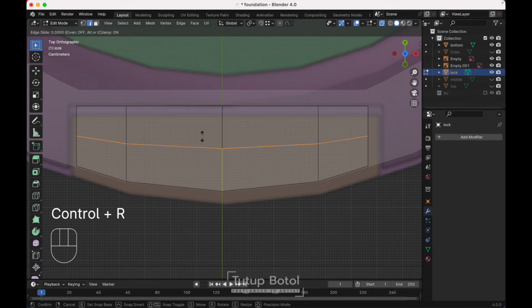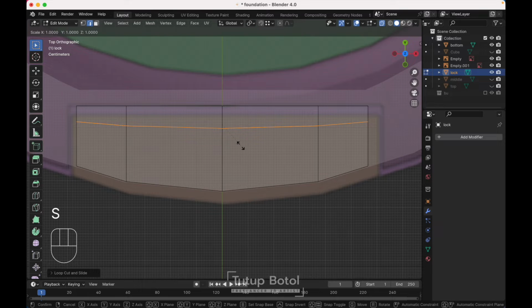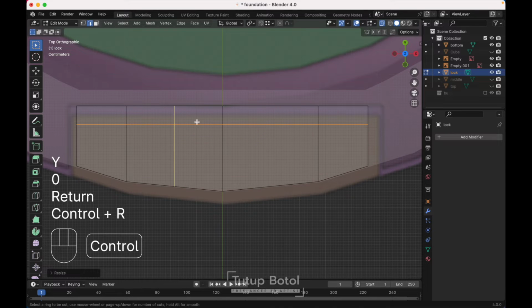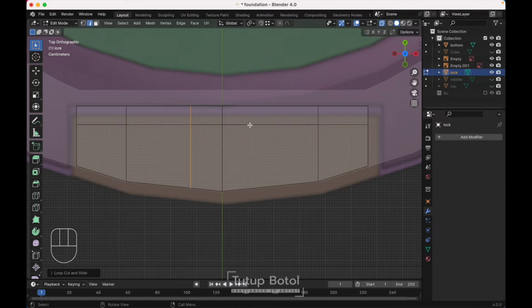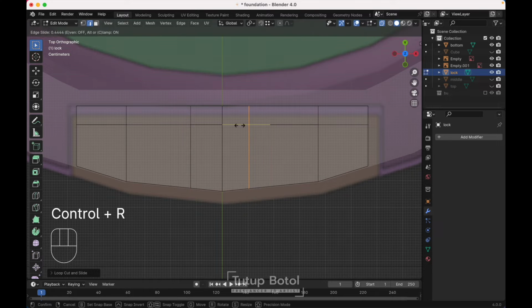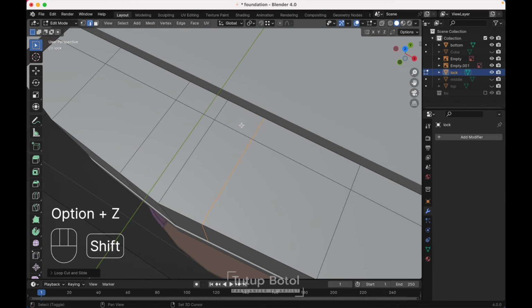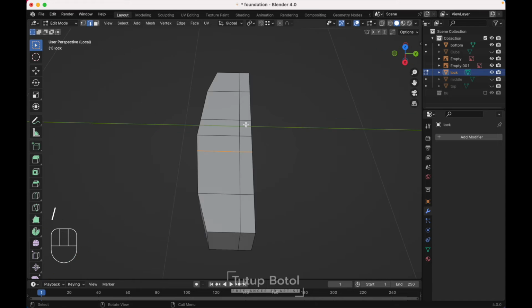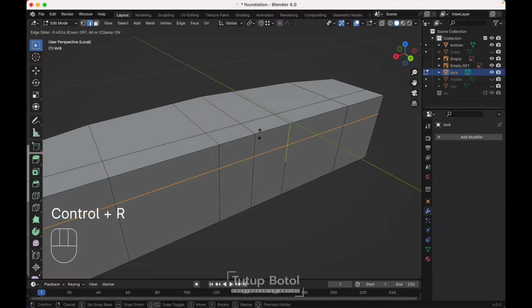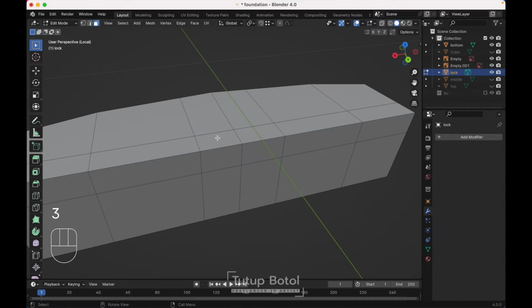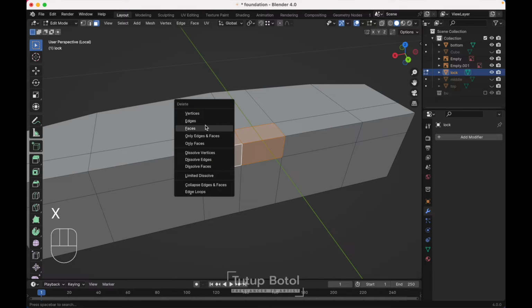Press Ctrl R, we need a loop cut here. Press S, Y, 0, and press Ctrl R again. We need another loop cut over here, maybe this one, just like this. Alt Z to go back to the solid mode. Press slash on your keyboard, press Ctrl R, add another loop cut over here. Go to the face mode, select this face, press X, delete the face. Back to the edge mode,